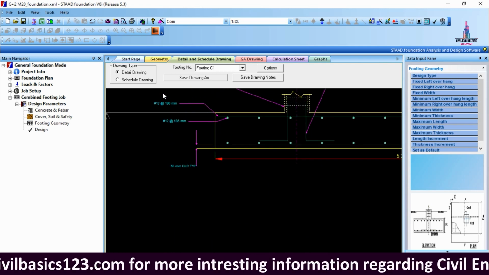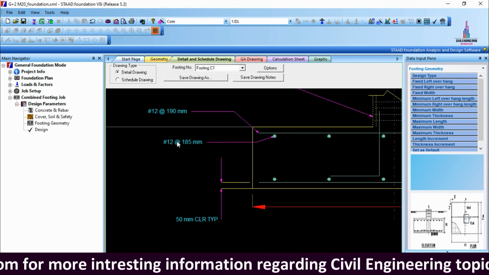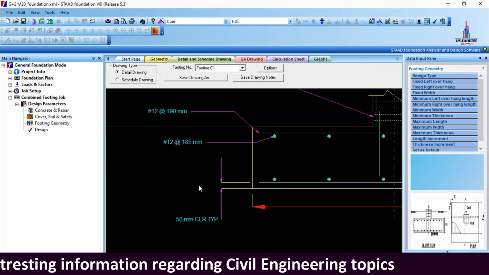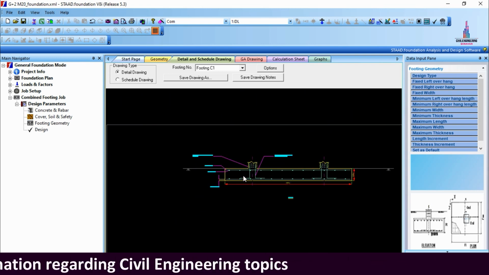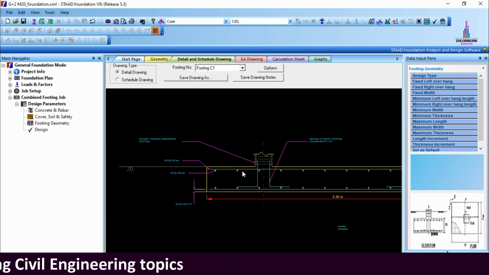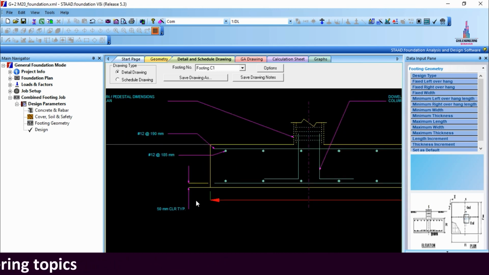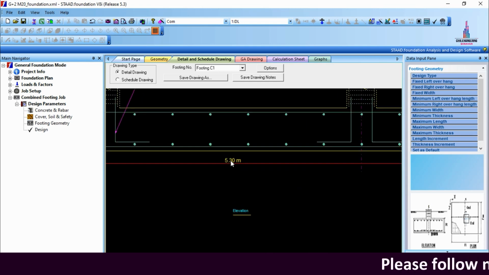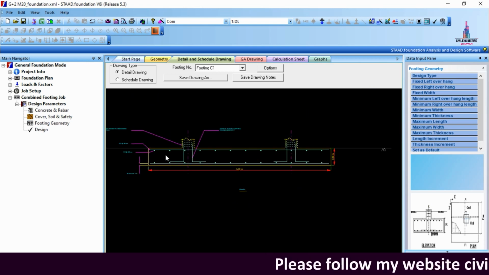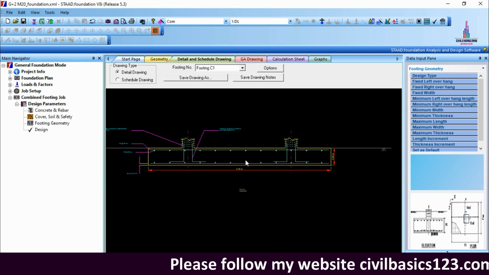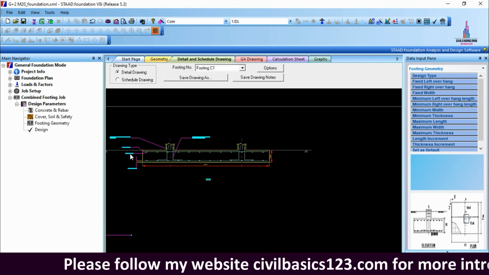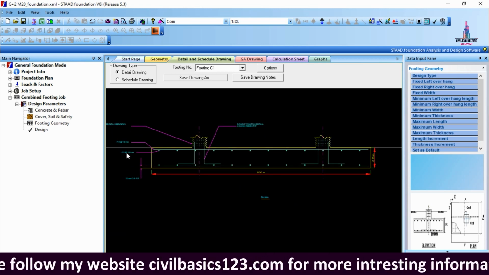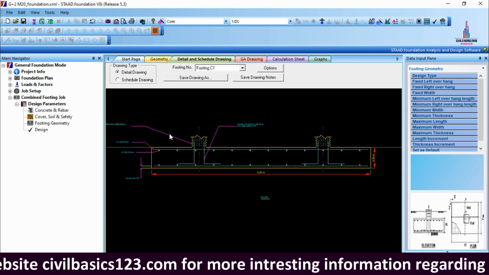It consists of the respective number of bars, 12 mm diameter at the top reinforcement section, and the bottom reinforcement section also consists of around 12 mm diameter, with 50 mm clear cover for the respective foundation. Okay. So for this length of 5.3 meter section, this combination is required for the respective foundation here like this. Okay. So these are the reinforcement details for the respective foundation under consideration of the combined footing.